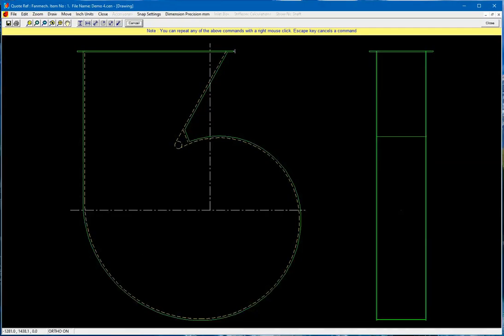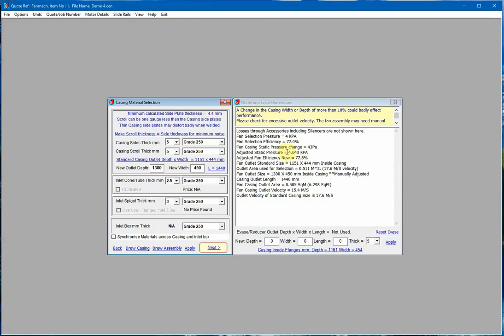Okay, so that's what we've done. We've extended the outlet, and in doing that we've also increased the pressure a bit because we've made the outlet much larger and so lowered the velocity and got some regain, and so we've improved the efficiency a tiny bit, but importantly we've made this size suitable for the customer. So let me just put that back,